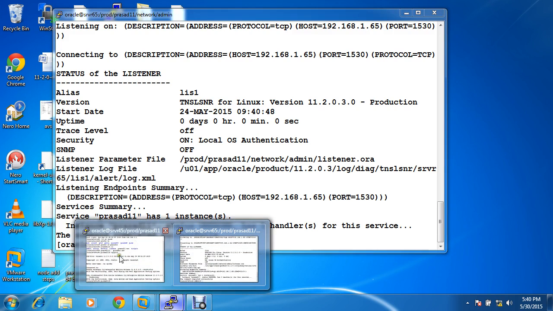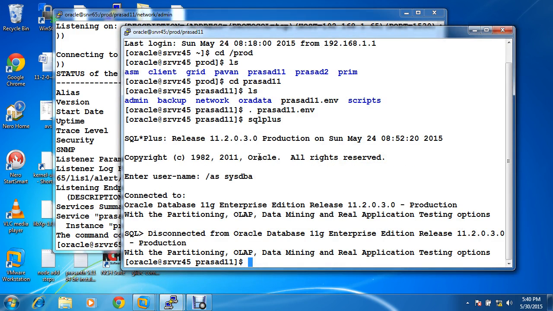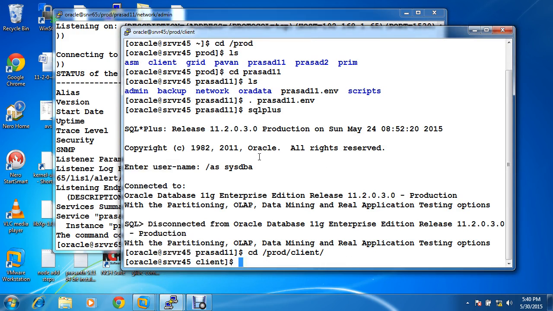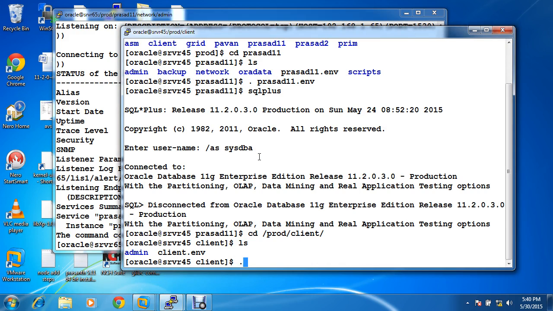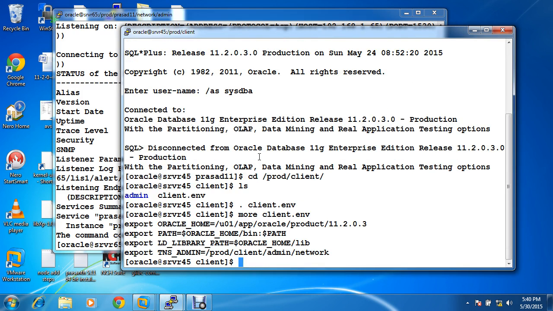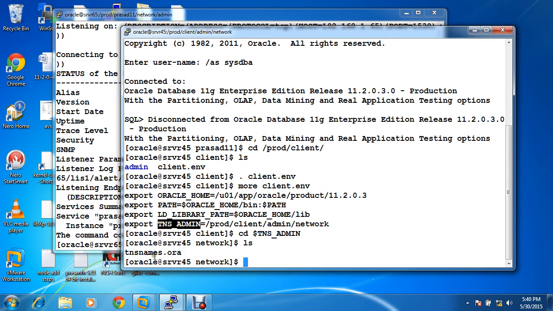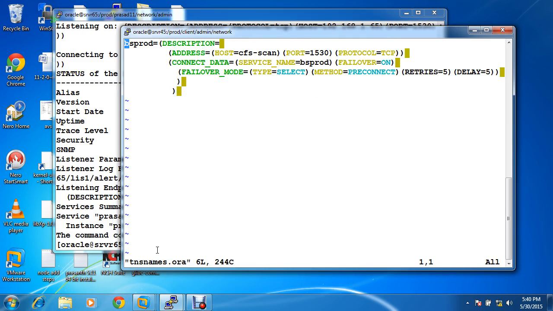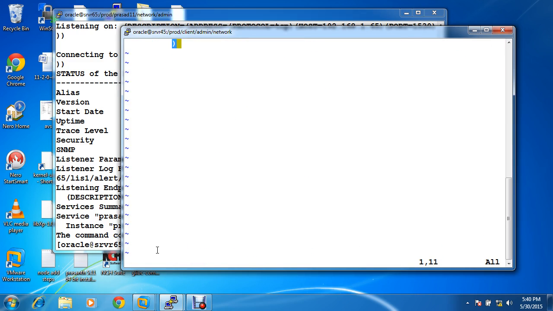So now to connect to it, we need to have a client. So let us take this as a client. So this is my client. In the client environment, I'll just have this as a client machine with a TNS_ADMIN also. $TNS_ADMIN. You can see there will be a file called tnsnames.ora. You can specify here